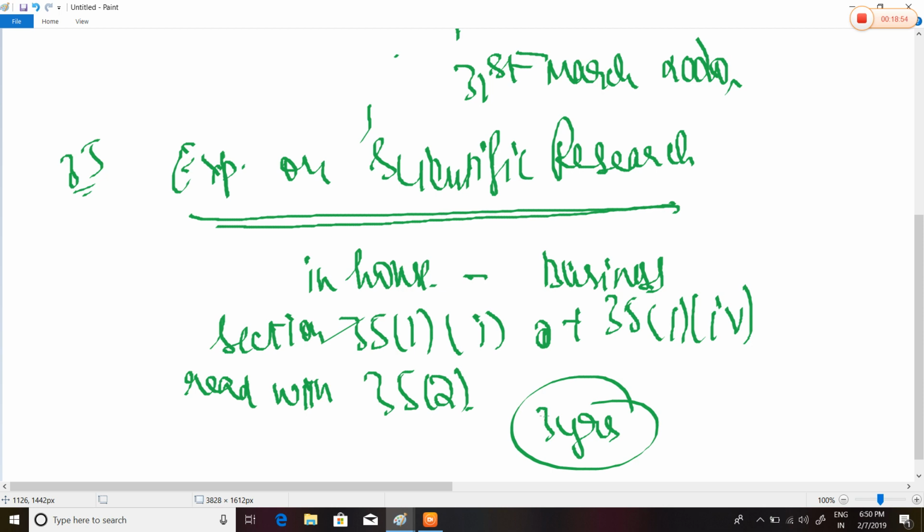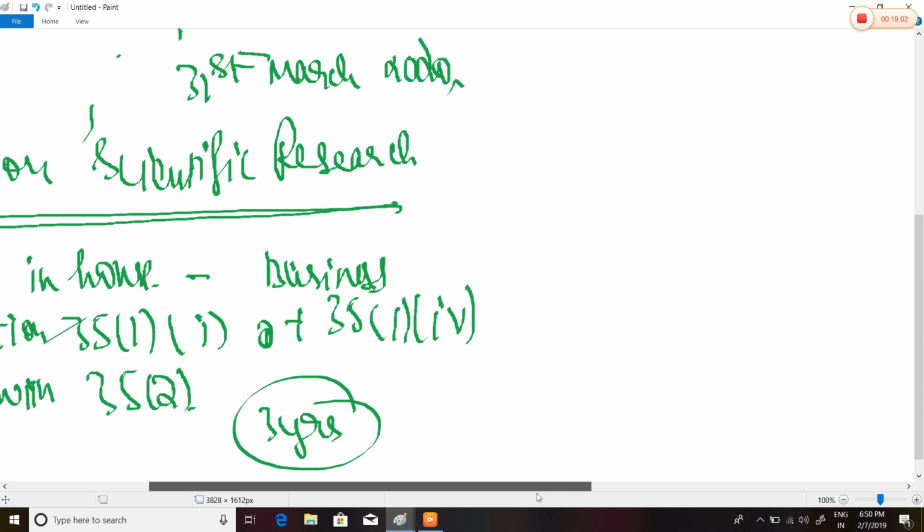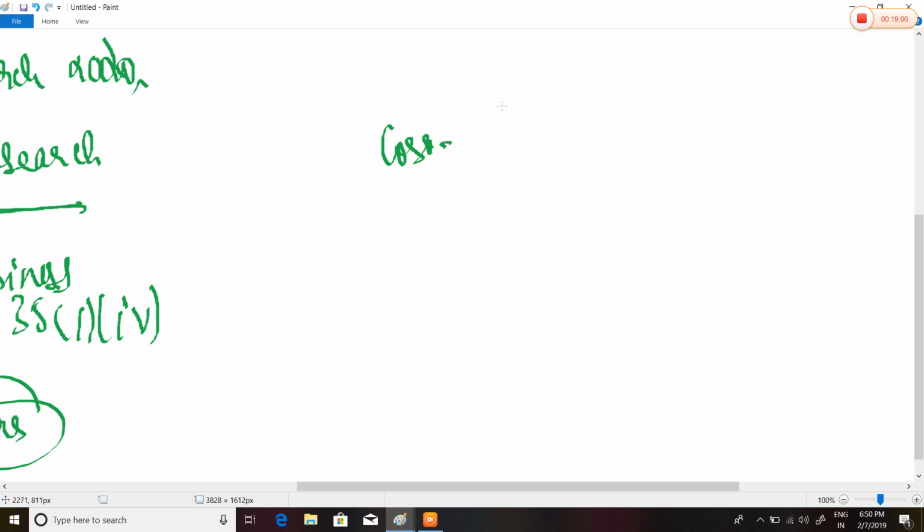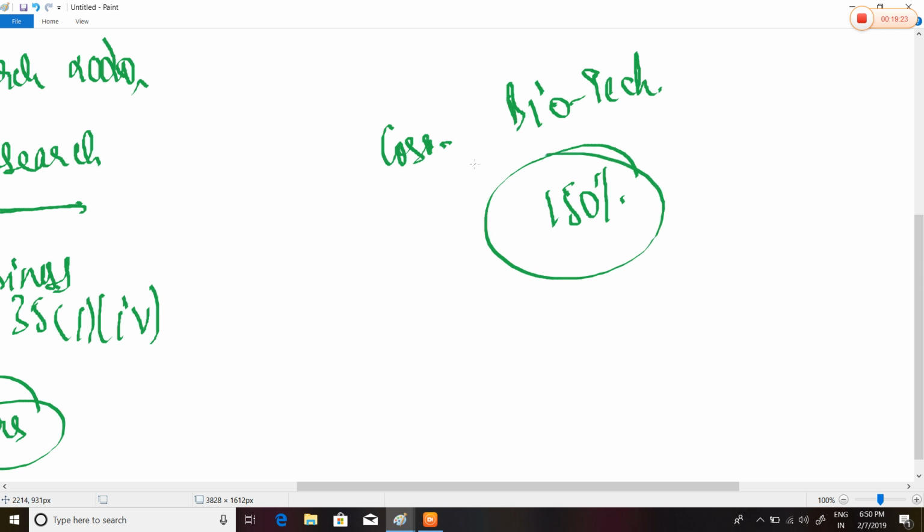Okay, now next, in case of companies engaged in the business of biotechnology, or any manufacture or production of an article, a deduction of 150% of the expenditure incurred on scientific research or in-house research and development facility is allowed. Okay, how much? 150%. Governing section 35(2AB). Okay, now next,